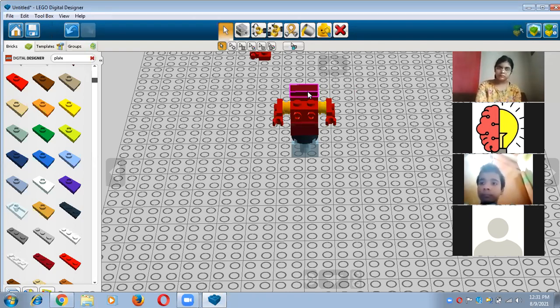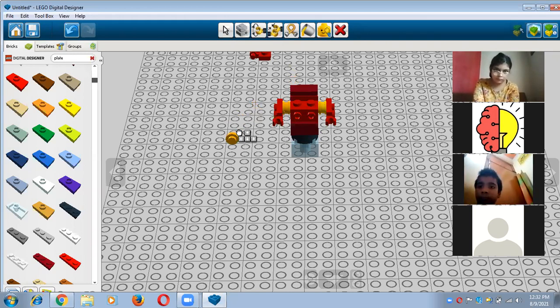And now I'm going to move on to the next step, and in next step I need again the same part. This is flat, this is round plate, right? And right now I'm just taking this one from here by the help of clone tool. I'm not finding again, I'm just taking from here, but I'm just putting this here. But before that I want to change the direction like this. Yes, in this way, correct?